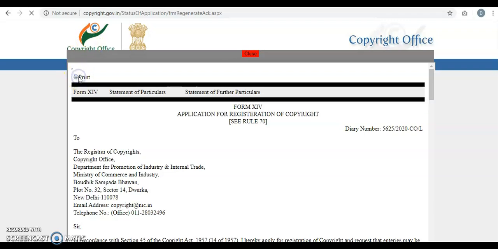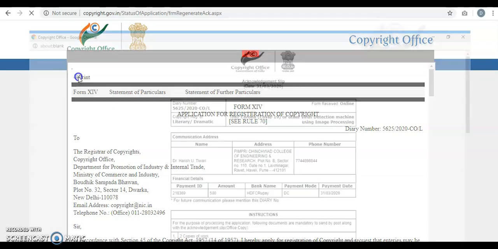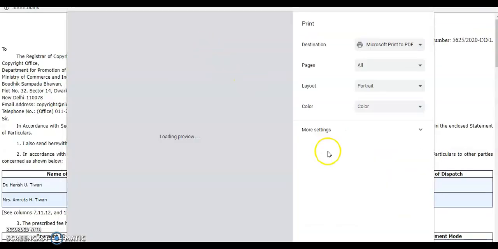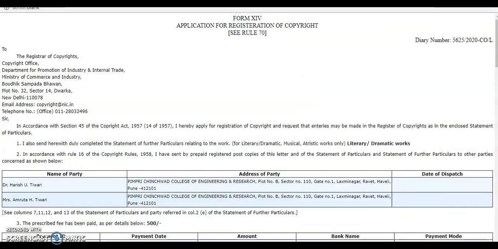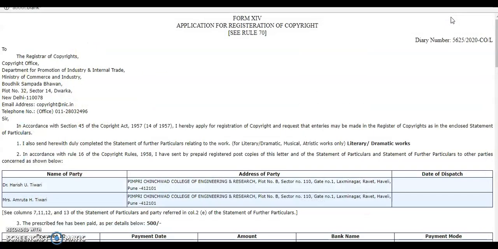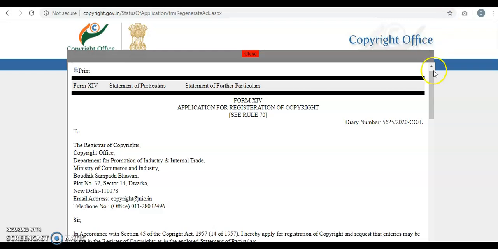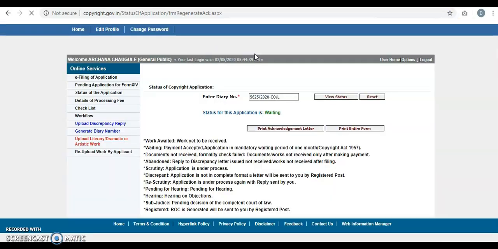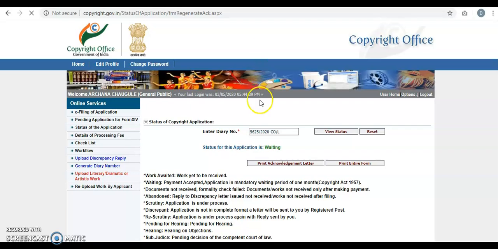Similar to the acknowledgement form, save this form, give some name, registration name, and close it. So now your copyright has been filed. You have got the diary number, you have the acknowledgement letter, and you even have the entire form saved.